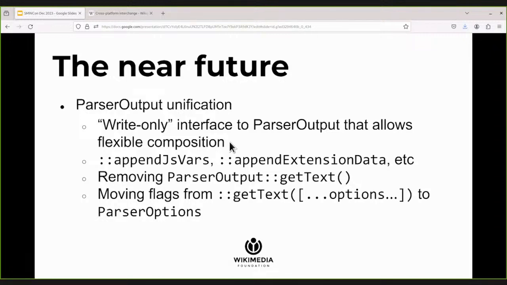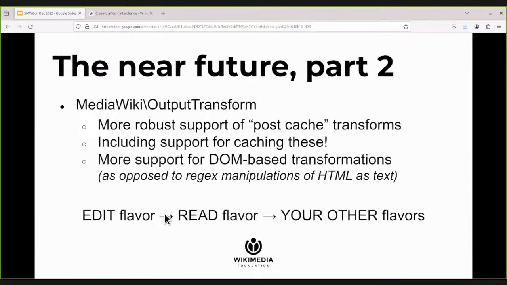Part of that is removing all the things which the different flavors of output that used to be selected by passing arguments to getText are moving into parser options, where they sort of should have belonged in the first place. So there'll be a little bit of churn if you're closely following MediaWiki development as things get shuffled around there. The main thing that we introduced, which just landed this past week,